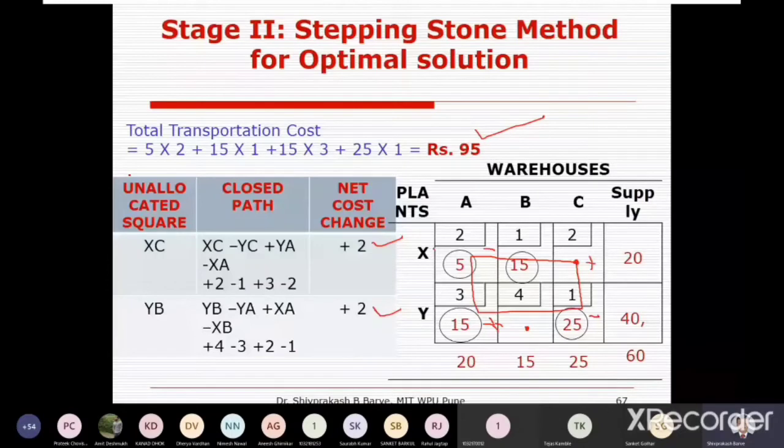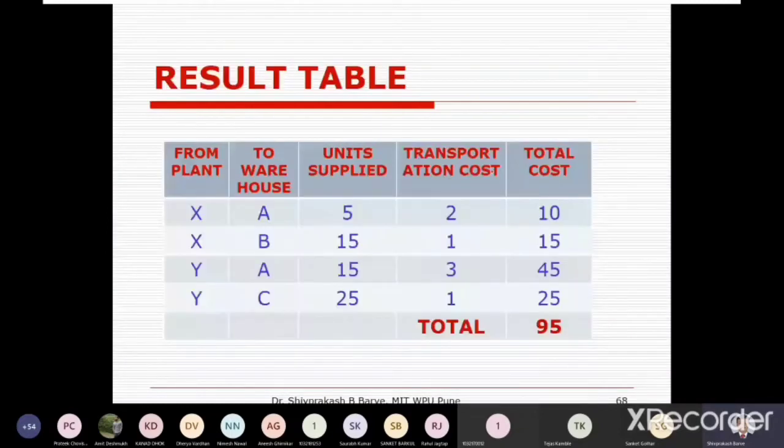So both the values here we got positive, and if we are getting the values in net cost either positive or zero, we don't want any negative value. So here we got both the values positive, means this is the final answer and this is the solution of this problem. So here we can prepare the result table by using how many